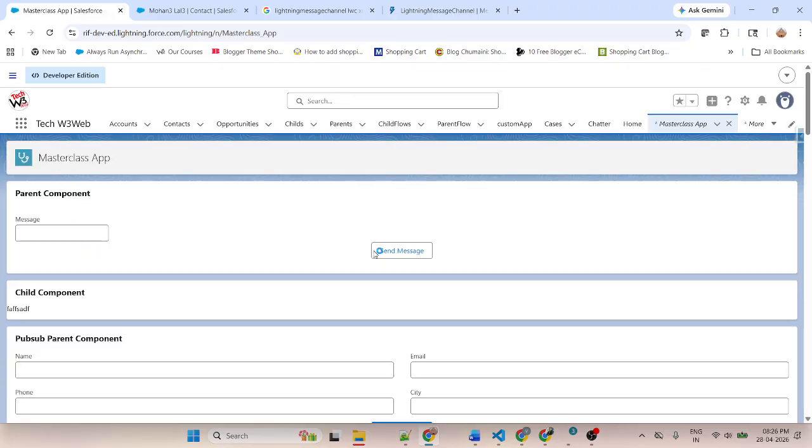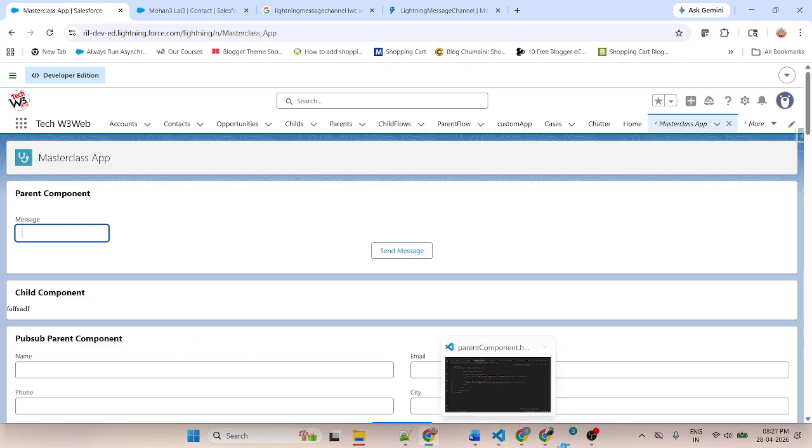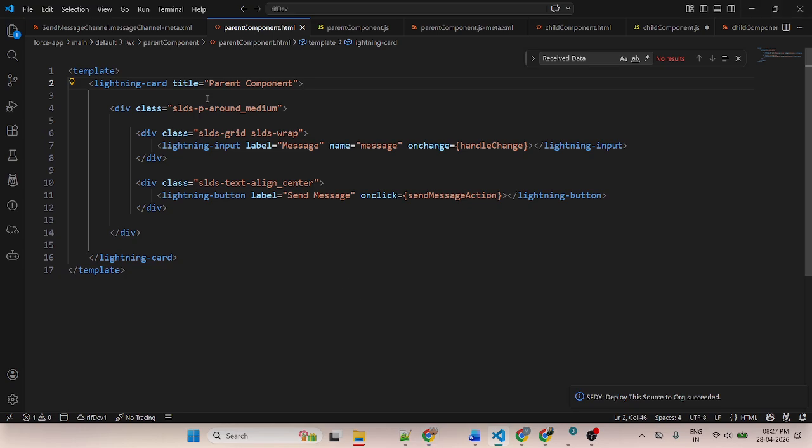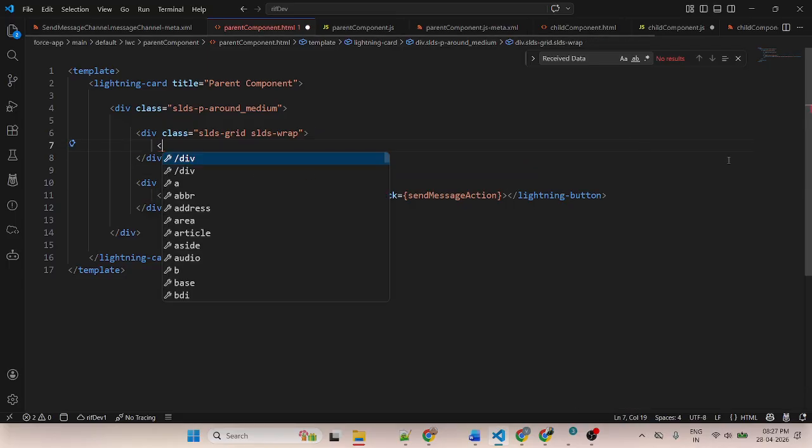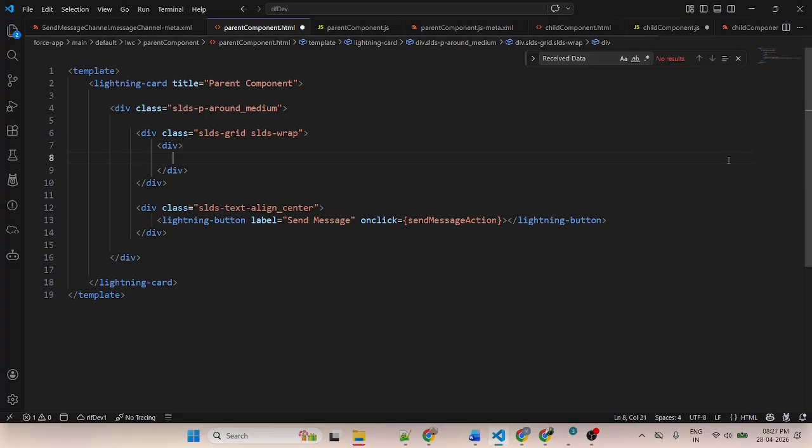This is my Lightning app, and this is the message field and this is the button. But why is it not displaying properly? It is not displaying properly because before writing the input field, use a div.